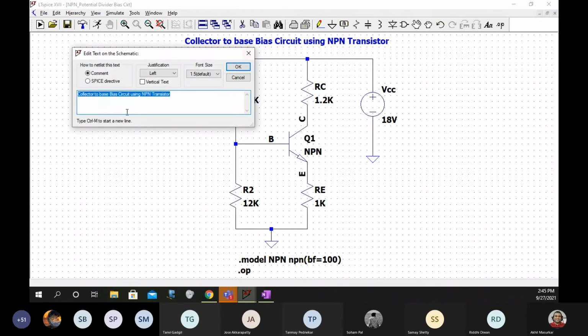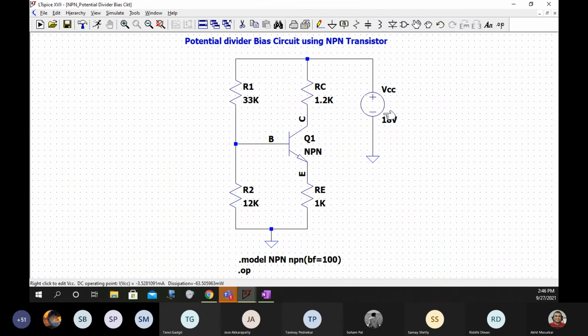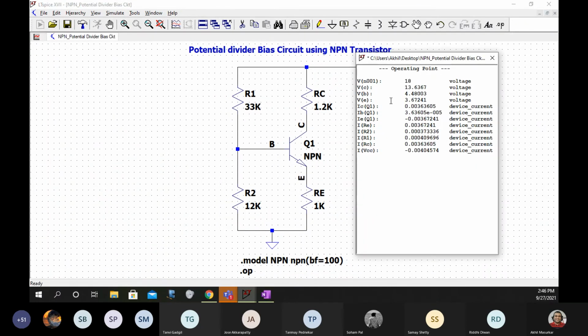And the name of this circuit will be potential divider bias. So this is our new circuit, and let's simulate this.